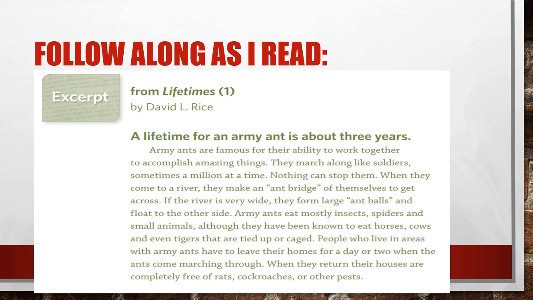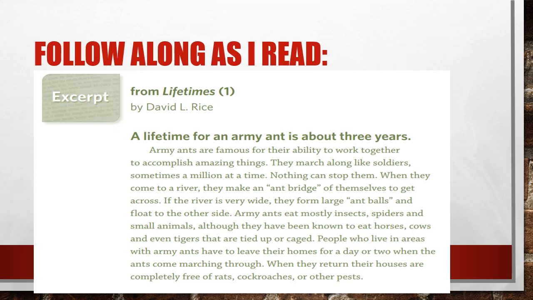So now we're going to go on to the second time where I read it. And we always know that when it's a second read, we're thinking about something else that's different than the first. The first time was kind of just to learn all you could about army ants. And now the second time, what I want you to think about is what the author wants you to most understand and remember from this passage. What do you think the author most wants you to understand and remember from this passage? There must be something that they're saying through their words. And what is that? What are we trying to get from what the author is trying to tell us about army ants? So here goes the second read.